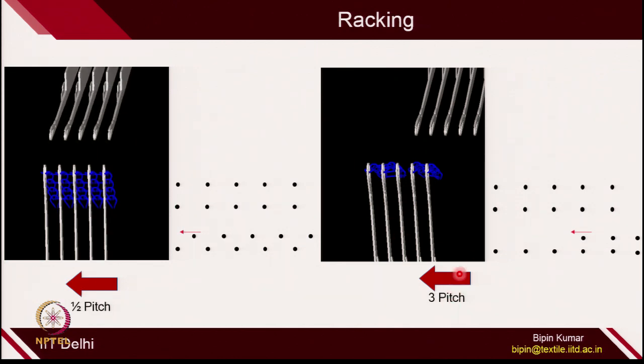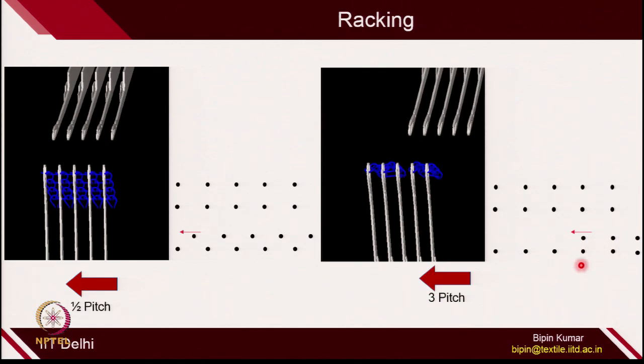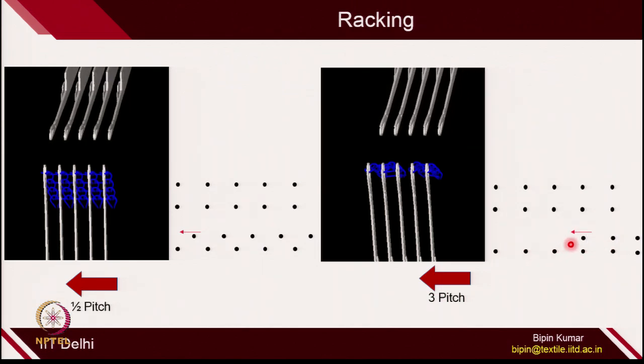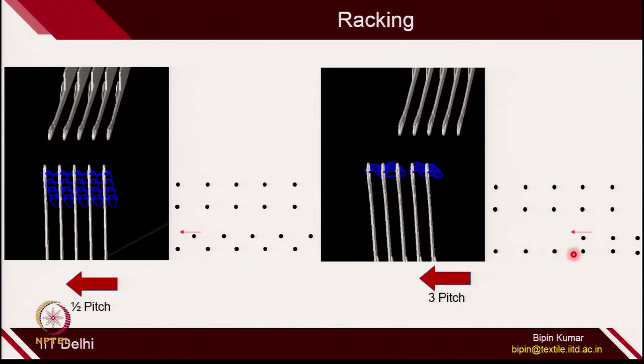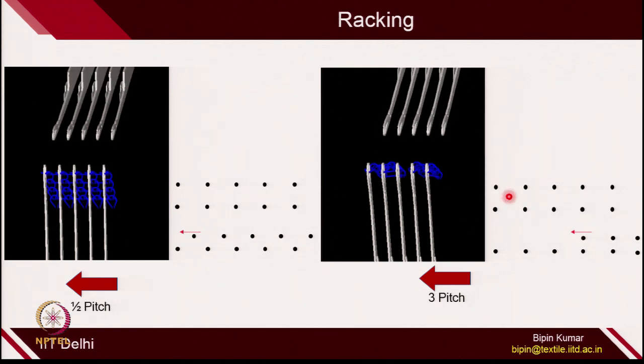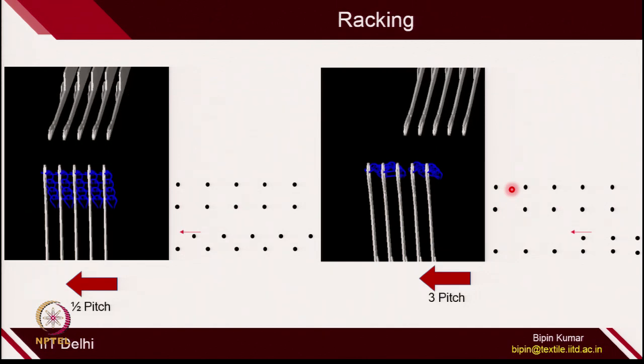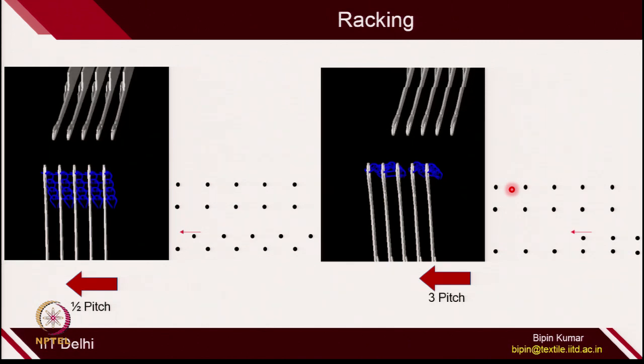If you see the other video here, the needles are moving 3 pitch. So, you can see here the bed is actually shifting 3 pitch in the left direction. Here the back bed is away from the front bed up to 3 needles position, and in the second course the back bed is actually moved from right to left and it is facing each other. So, racking is possible on some advanced machines, especially jacquard knitting machines, where the racking function is already given for fabric development.